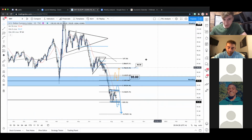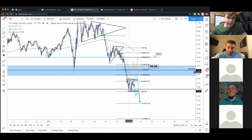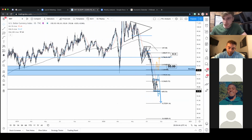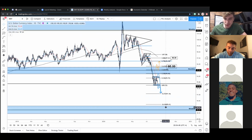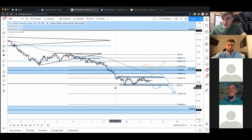So we got through this major monthly support, which was kind of the deciding factor for the trend. If it had bounced here, this would have remained bullish, and it was in fact bullish until this zone was broken. So we saw a break, and now we're below that monthly support, now resistance. So we're in a new range now. So we're looking to go lower, potentially all the way to this weekly. We'll see. That is the new range. So let's go to the 4-hour and kind of see what needs to happen for that to kind of fill,